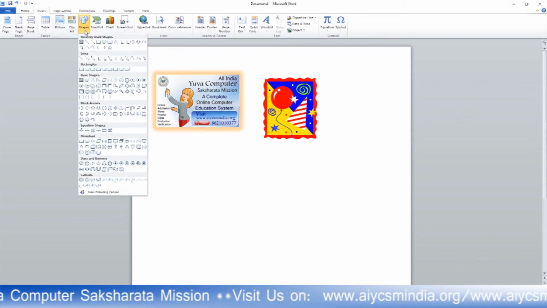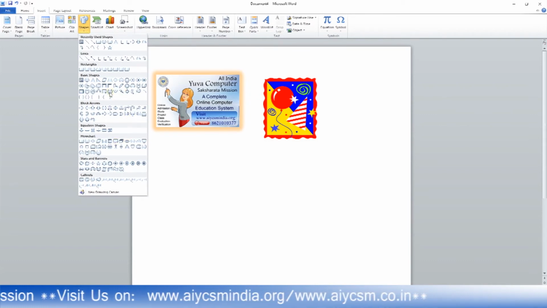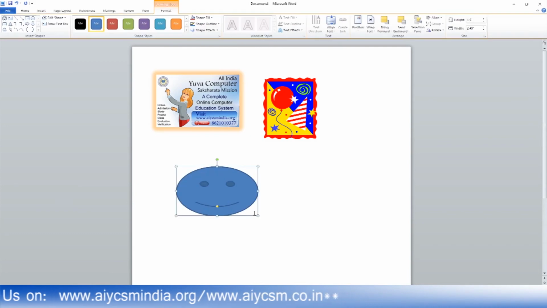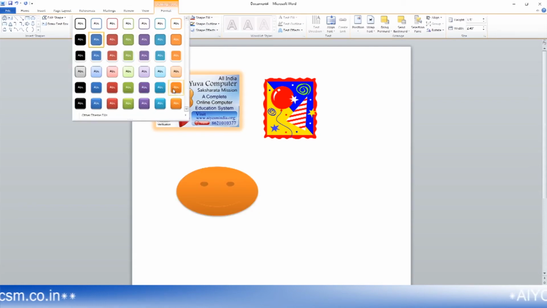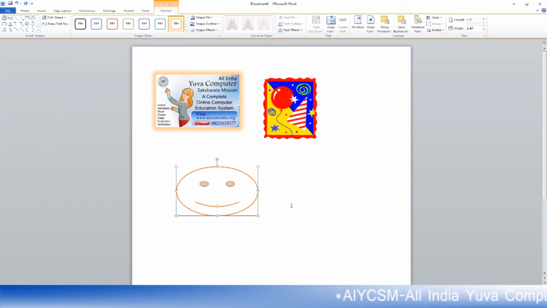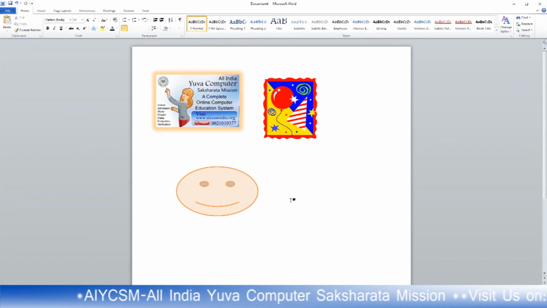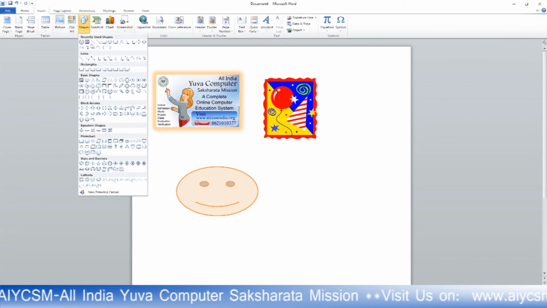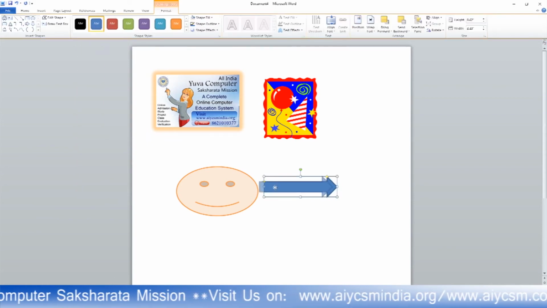Now if you want to insert some shapes, you can insert them from there. If I want to insert a shape, now I insert this shape. I can give different types of color from there. If you want to give different types of color or texture, anything you want, click on this one. You can fill the shapes with different types of colors. Now if you want to insert other shapes, I have to insert this shape.